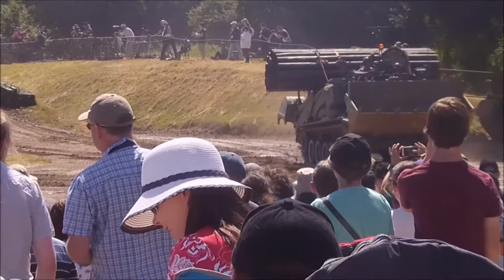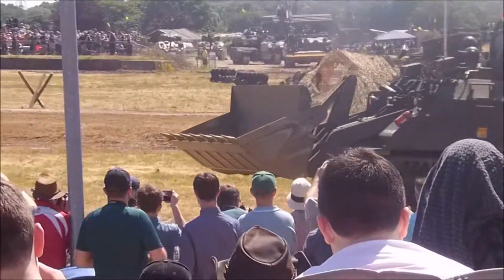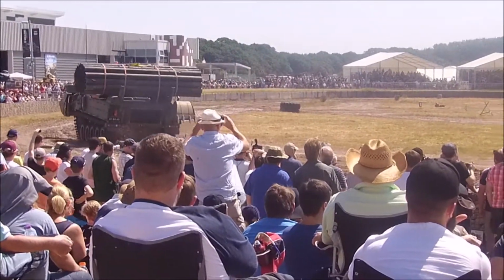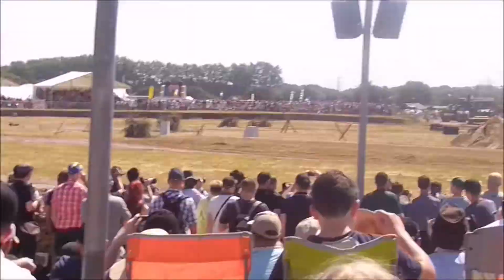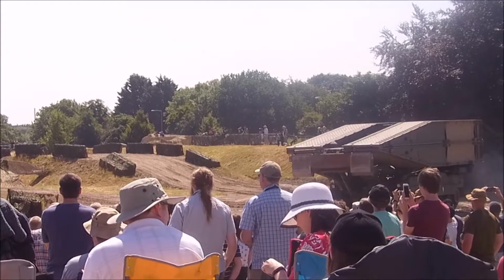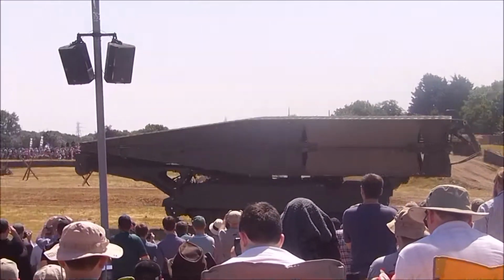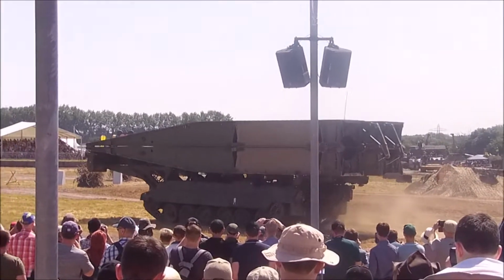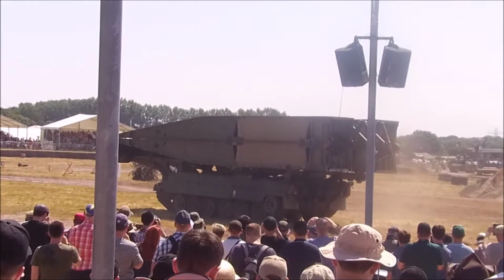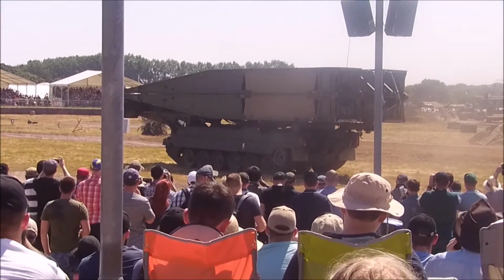Terrier is the armoured engineer tractor, currently the British Army's most technologically advanced operational land vehicle. It is used also by the Royal Engineers as an armoured mobility and counter-mobility support vehicle. Weighing 33 tons, it is a swift and agile beast. It can reach speeds of nearly 50 miles an hour. It has been described as the Swiss Army knife of engineering vehicles, as it can be configured with multiple attachments. Along with the front bucket, it can be fitted with a service